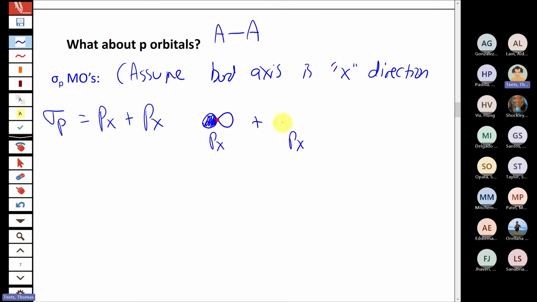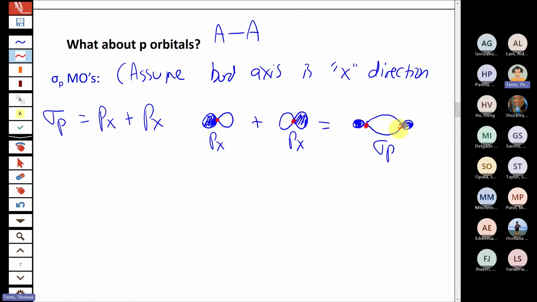So it would look kind of like this, where we take another identical p orbital, but now with the 2 unshaded lobes lined up with each other, or the 2 shaded is fine too, same story. And then when those combine to make a molecular orbital, they're going to give a sigma p bonding orbital, where you're going to have electron density in between the nuclei like that. But then because of these opposite phased lobes, you're going to have also some outside of the nuclei that are of the opposite phase. So your sigma p molecular orbital looks kind of like this.